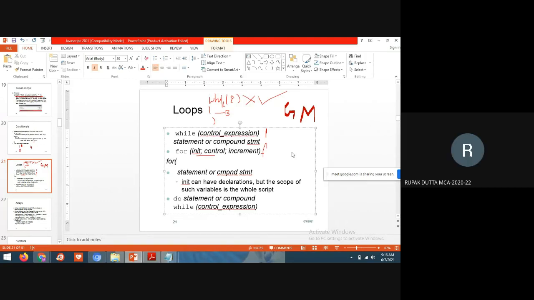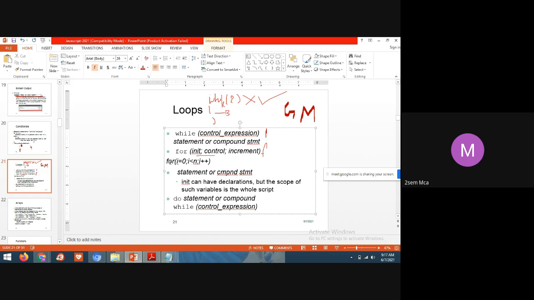What I am writing here is: for i equals 0, i less than n, i plus plus. According to the for loop syntax, initialization, the control which is nothing but a condition, and the increment or decrement statement. This is how we write a for loop.